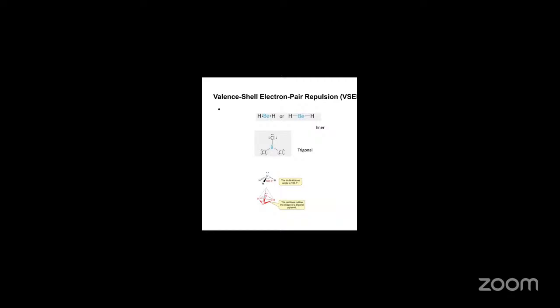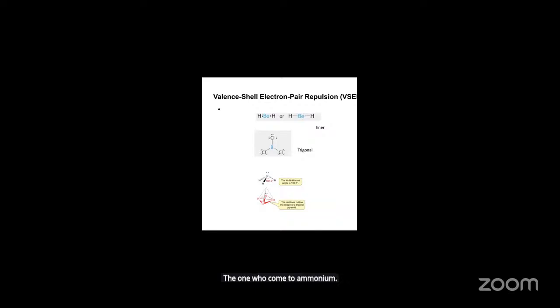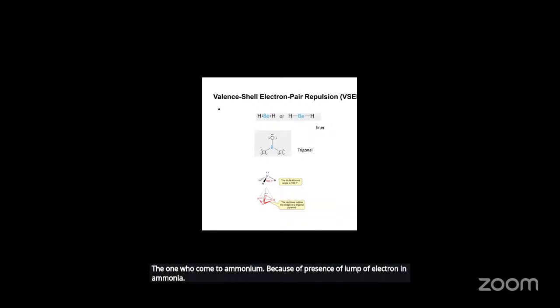Now, boron has 3 valence electrons. So chlorine atoms are going to come and occupy those valence electrons, forming a trigonal shape as expected, without any problem. Then when we come to ammonia, because of the presence of a lone pair of electrons in ammonia, this